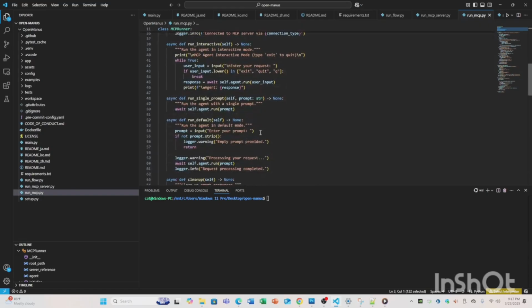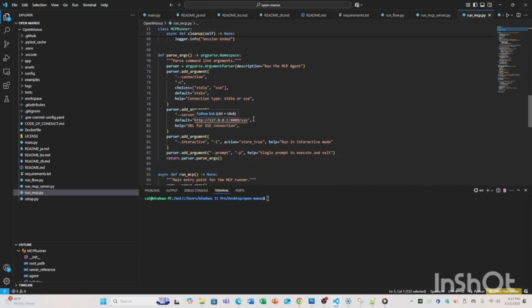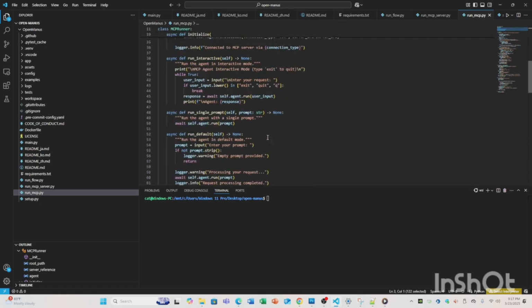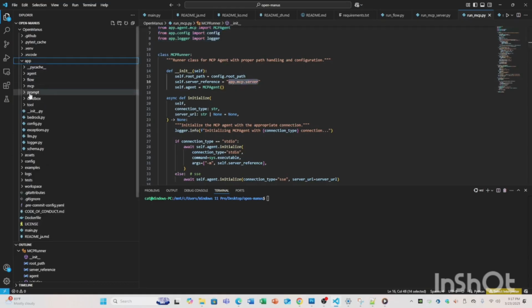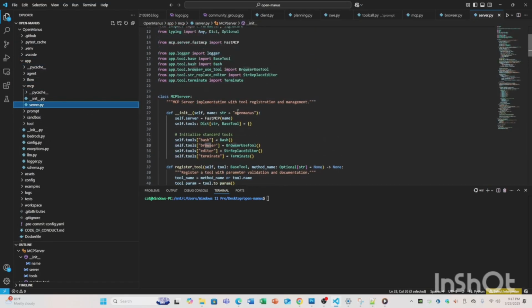And then it will call the app directly, if you see, it will call this app MCP server. Okay, then it will go to the MCP folder, and if you see the server.py,